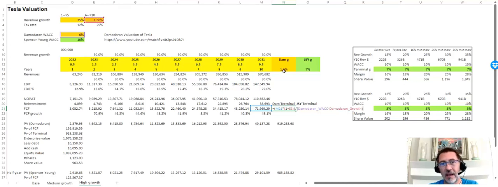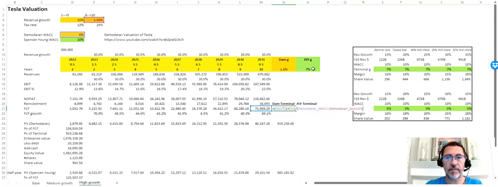I still think that it's very difficult to assume that you can grow your revenues for the next 10 years at 30% and then drop down to a terminal growth rate of 1.6. That's like falling off a cliff. Now, admittedly, the terminal value is there to account for year 11 to infinity. So it goes a long way into the future, and we know that we can't grow at 30% into infinity. So you've got to take the edge off that growth.